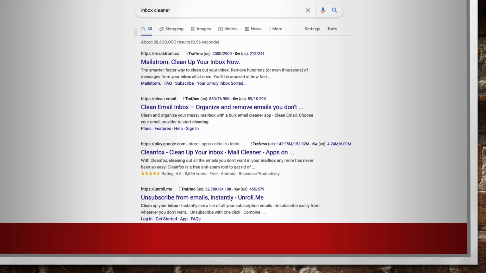This is just me doing a Google search on inbox cleaner. There are inbox cleaners out there that you can actually sign up to be affiliates for. Interesting concept. You're unsubscribing from my email because you're trying to clean up your inbox. What if on the way out the door, you offer them a tool that helps them actually do just that, helps them keep their inbox clean? And you happen to be an affiliate.